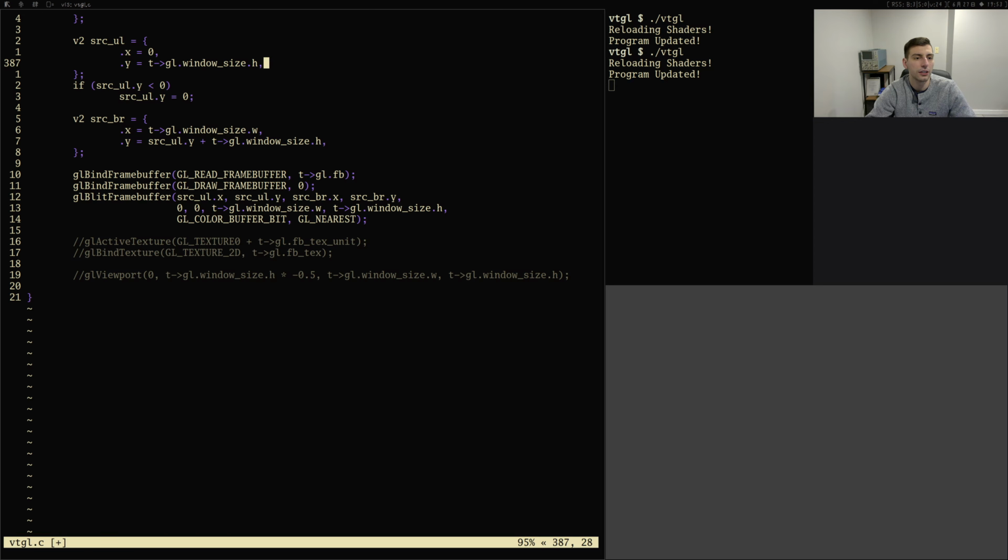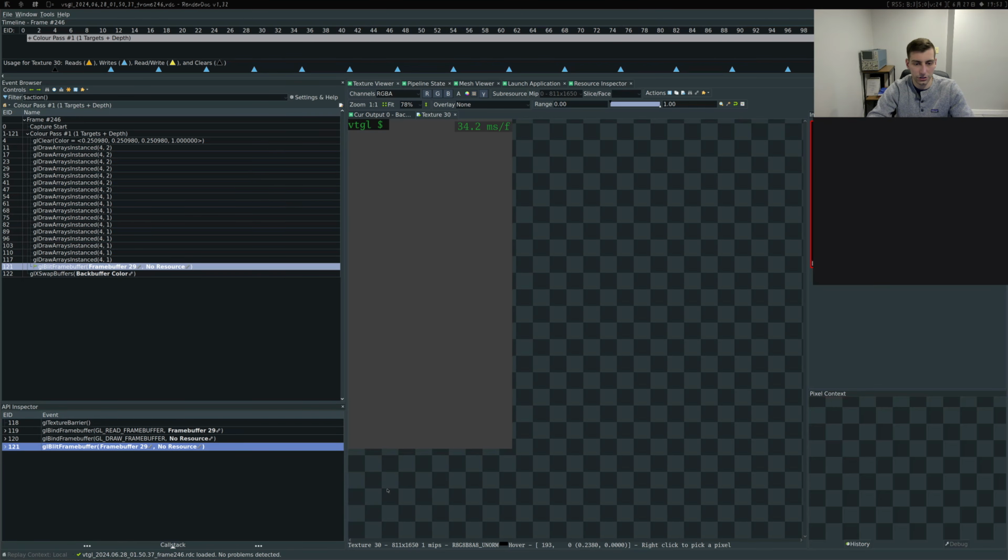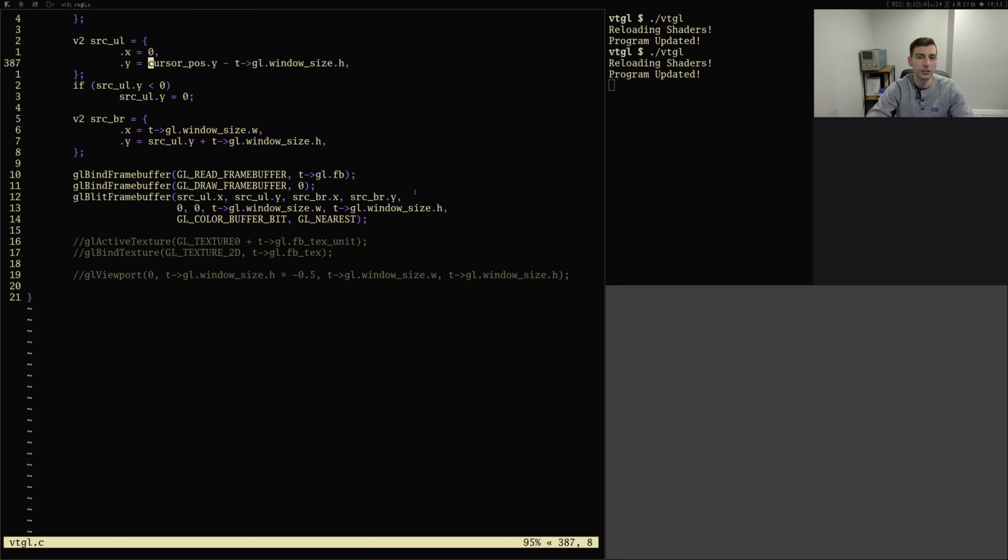We're going to go with the naming convention I've just said here. No, so the cursor position, so if you go to this texture, the y coordinate goes up. So the cursor position,